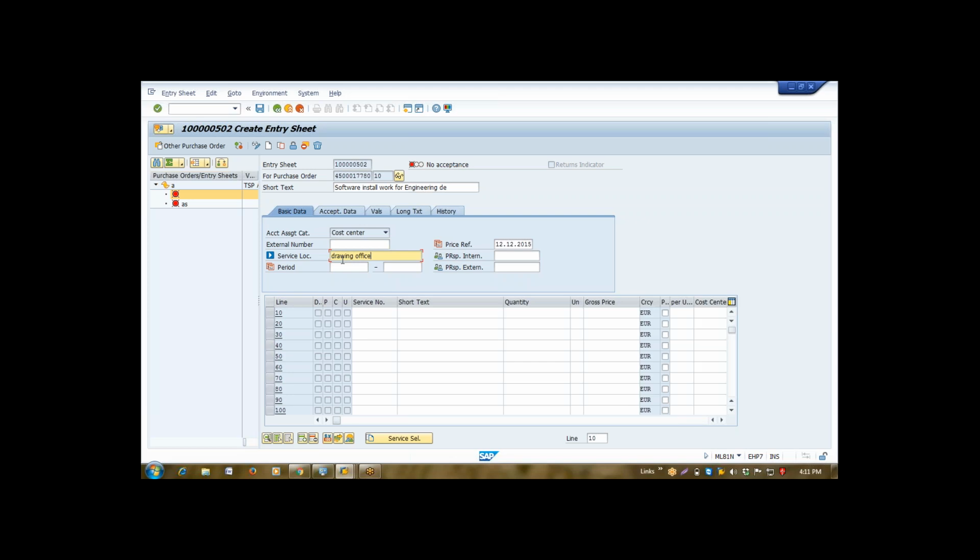In that case, your company will have a long contract with the bus providing company, and that company will generate bills on a monthly basis. So here we can enter the period of service, the period for which you availed this service. So I'll say this bill is of this period.